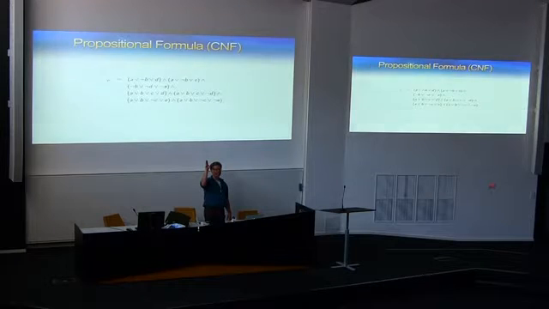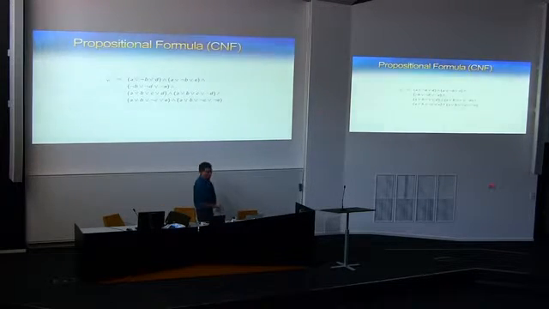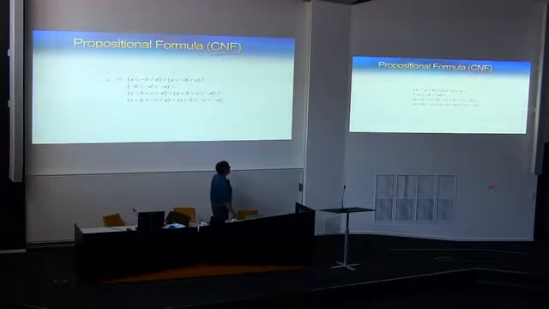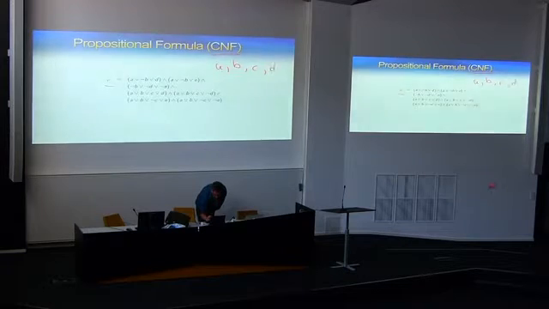Okay. So this is going to be review for quite a few of you. But for those of you who don't know, I think it's good to define things. So we're going to have a propositional formula in conjunctive normal form, and here's a particular formula, phi, over the Boolean variables a, b, c, d, and e,